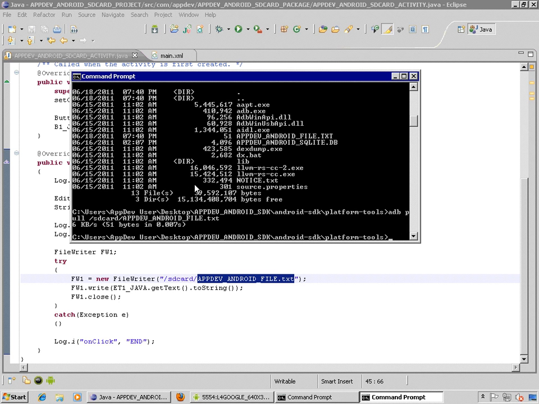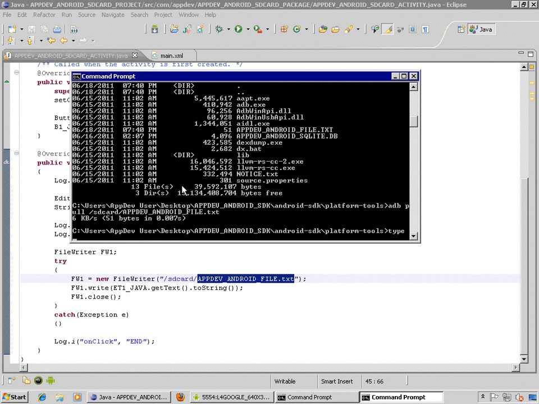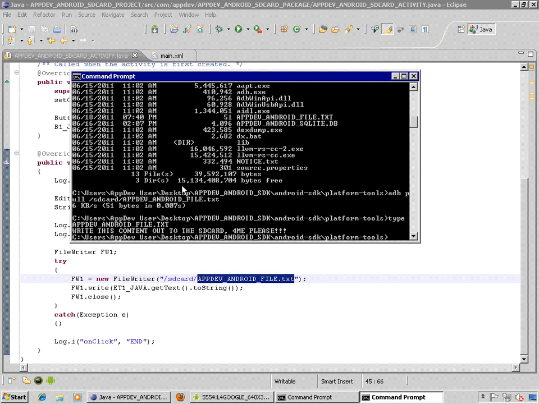So what this did is to copy the phone memory down to the local hard drive. We have 51 bytes, so that's a good indicator that there's something there. Let's type the content of the file to the screen now that it's here on the PC. And that looks perfecto. We see write this content out to the SD card for me, please. So we've successfully demonstrated how we can write file I/O out into the SD card for the purpose of storing